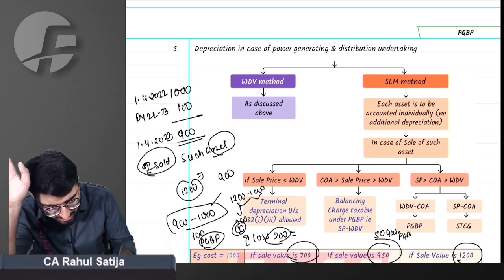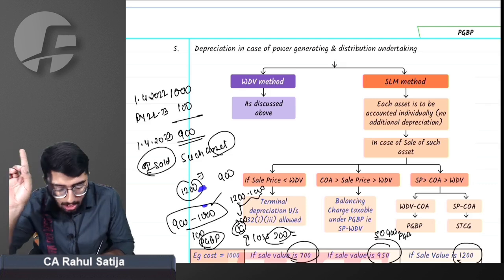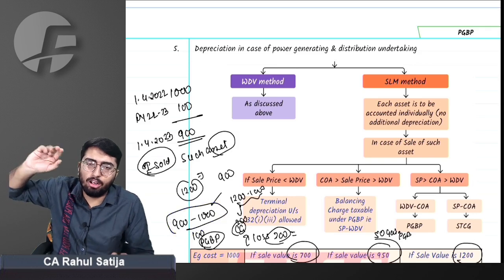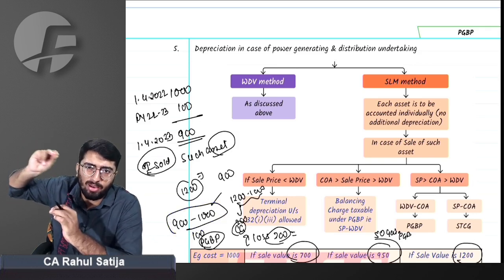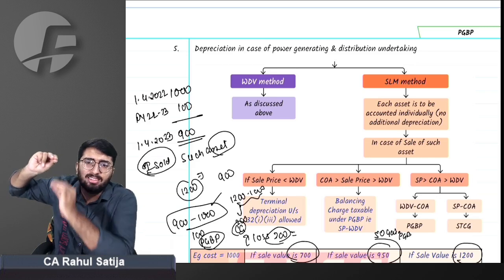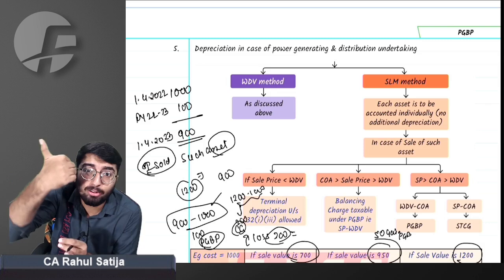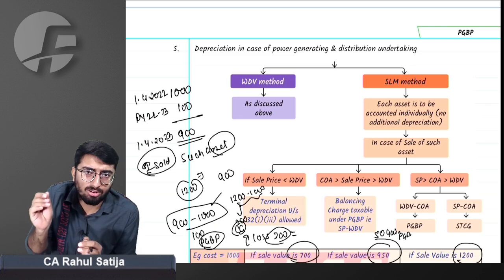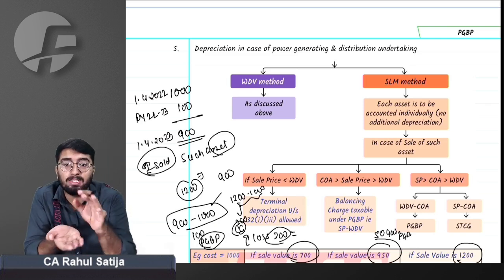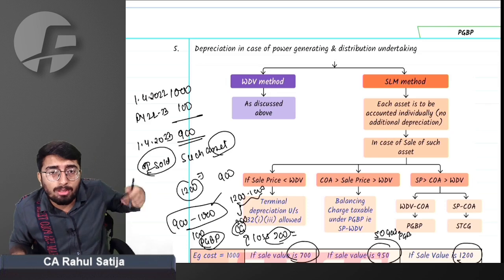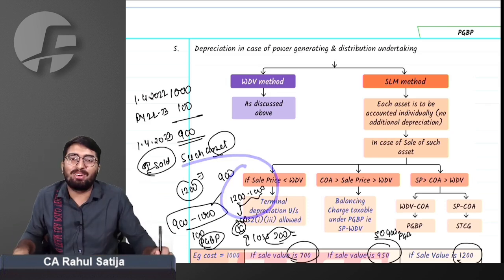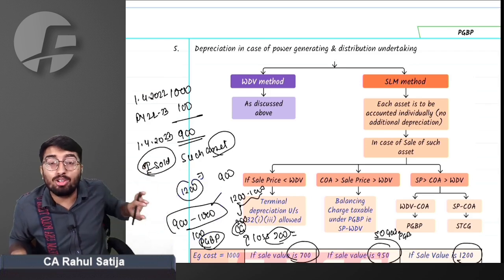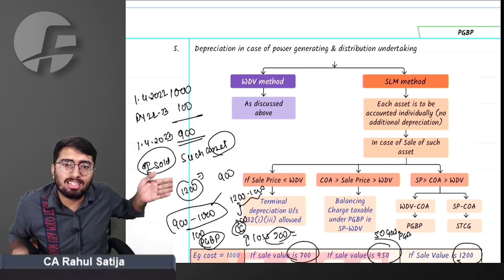Can I say in this point, sir, sale of 1200, gain of rupees 100, that is from WTV till actual cost of acquisition. From WTV till actual cost of acquisition, this amount of 100 rupees gain is already debited to P&L in prior year in the name of depreciation. Can I say you have already claimed depreciation on such asset in PGBP? Therefore, up to this gain of 100 rupees will be chargeable in PGBP because you have claimed depreciation up to this amount, and balance will be chargeable under capital gain.